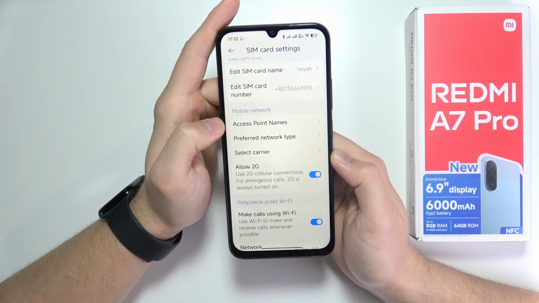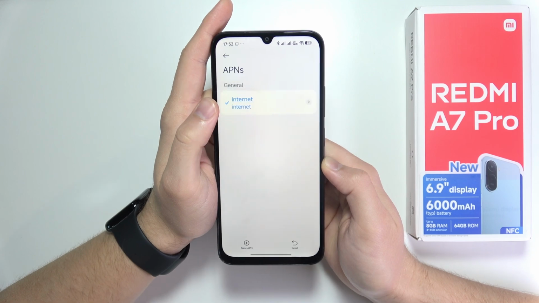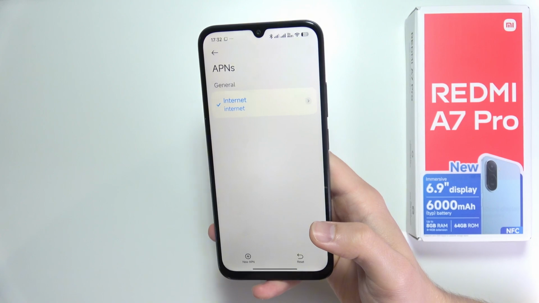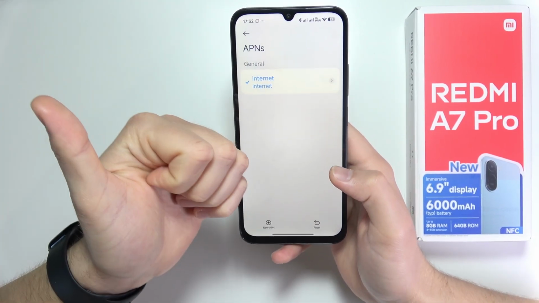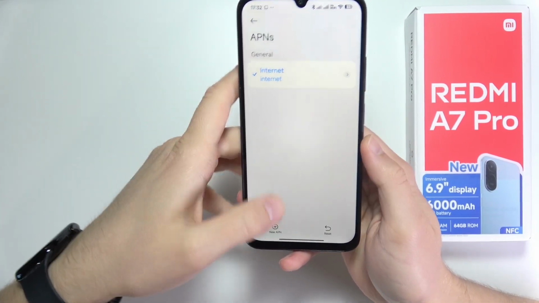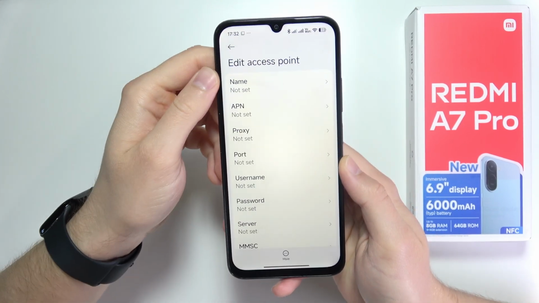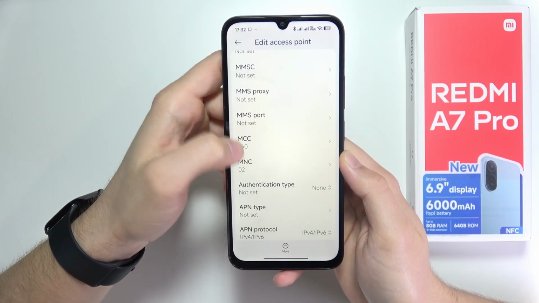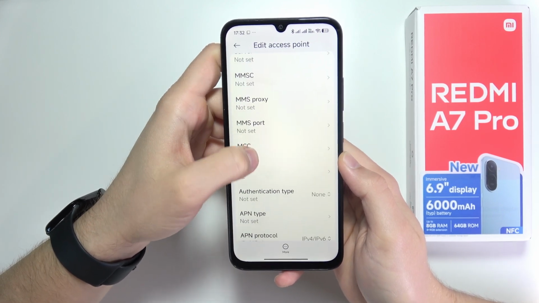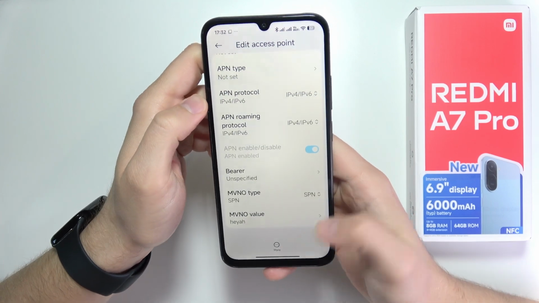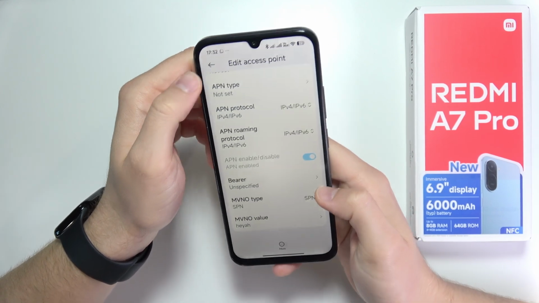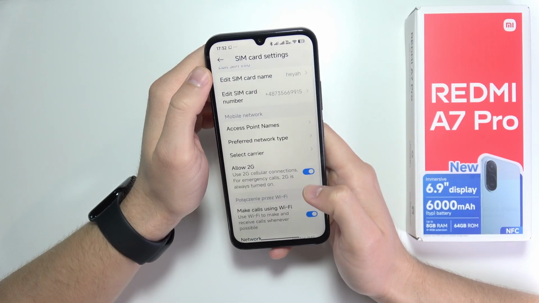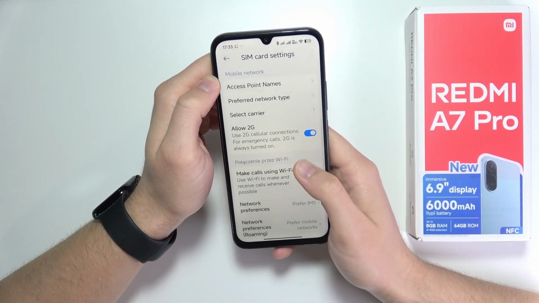We can also change the access point names, but here I cannot actually help you with creating the specific one for your carrier, because it looks different for every carrier, but also different for every region. But basically you have to find the access point names and input all of those things like proxy, port, server, for example, the multimedia messages proxy. And right now you will have to click save, apply, and test if the problem was with the access point names. If not, you can also go for that